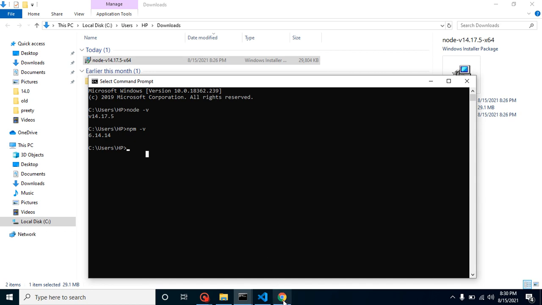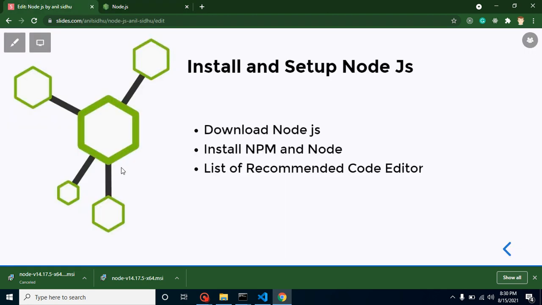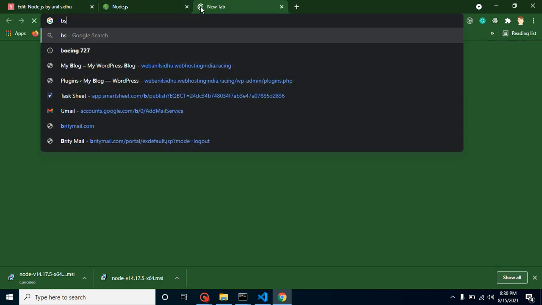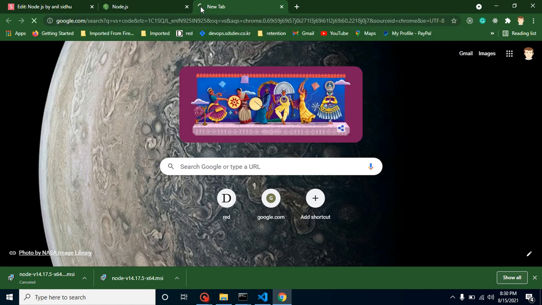After that, let's go to the last point, which is the list of recommended code editors. You can use any code editor, even Notepad++, but there are some still recommended code editors. The first one is VS Code.